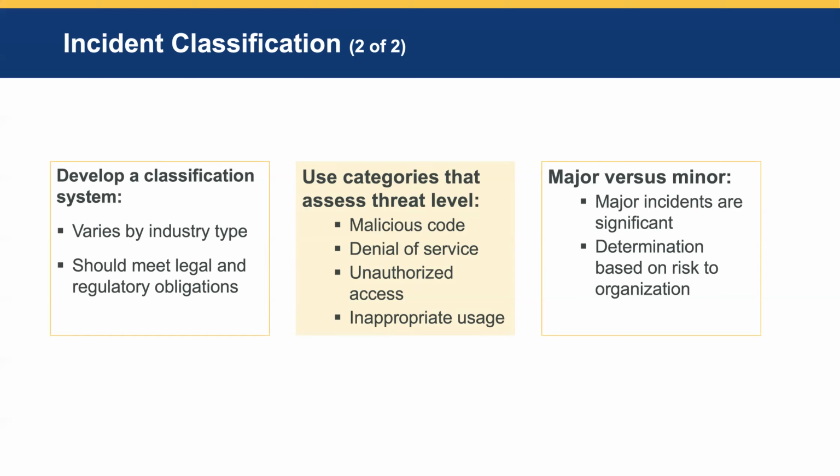Unauthorized access can occur, and this is an exploit that is used in order to allow unauthorized users to gain access. And then you could also have inappropriate usage. And so this occurs if you have someone that has appropriate access to a system, but they are not using it in a manner that complies with company policies. And so this could occur if you're visiting websites that you're not allowed to or inserting portable USB storage that can lead to